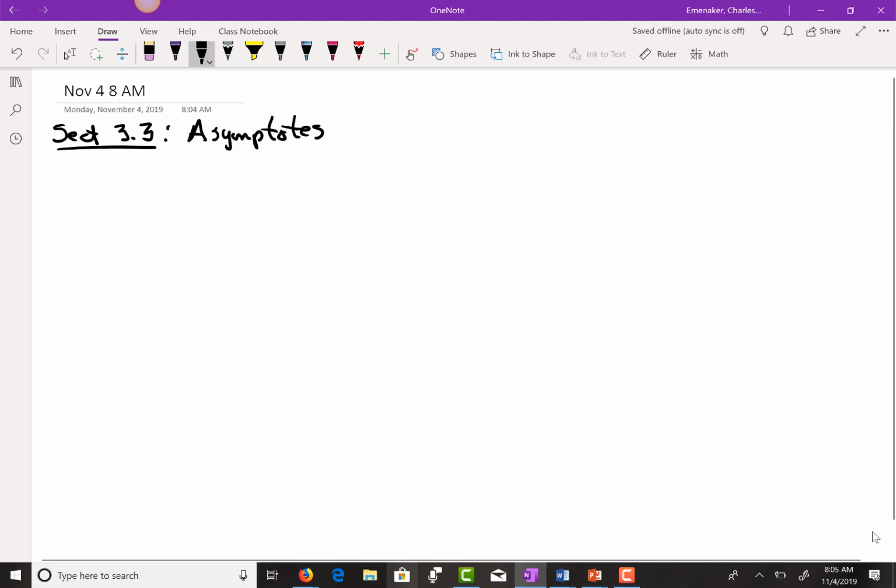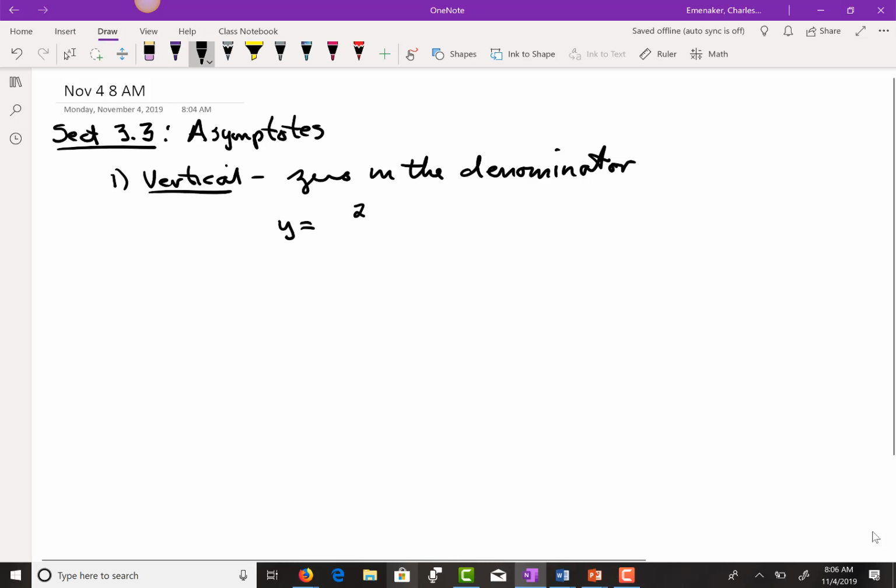First, let's take a look at vertical. So, three different types. First type, vertical. Vertical occur where you get a 0 in the denominator. The idea here is you're going to have some x value that is not in the domain. So for example, if you have something like y equals 2 over x minus 4, where's the problem point or value? It's at x equals 4, isn't it? Okay? So to graph this,